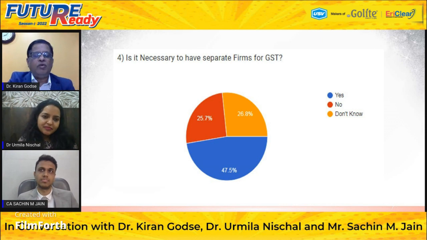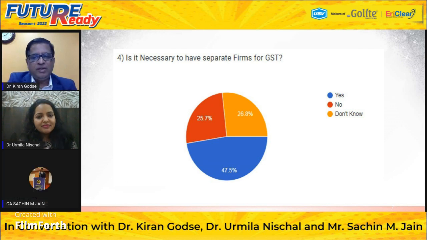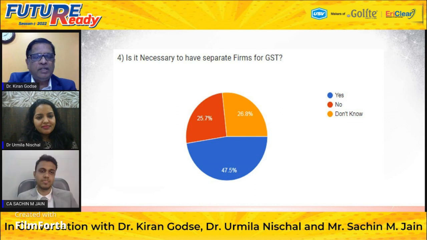In fact, for all the questions, doctors and practicing dermatologists have many queries. None of the answers are above 50%. What it means is that there is a lot of ambiguity, a lot of question marks in the minds of dermatologists. We will be taking it up at the end. Can I have the next question, please?